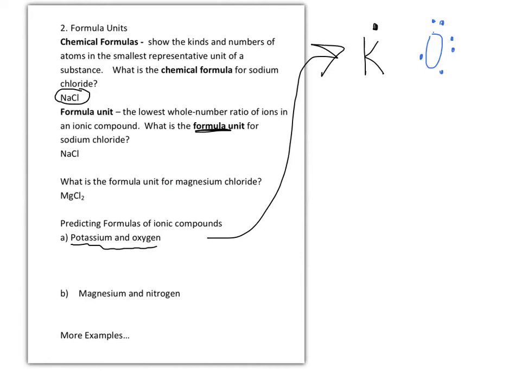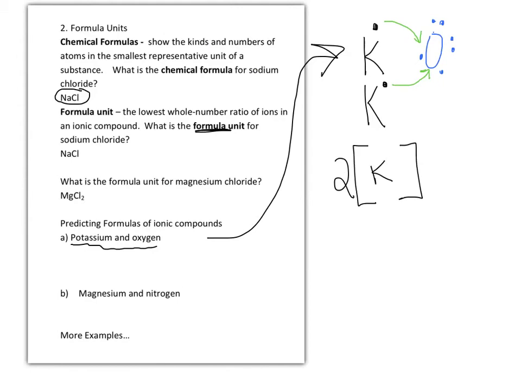So what's going to happen is that 1 electron from potassium is going to move over here to this oxygen. So then oxygen will have 7. But that's still just 7. So what's going to happen, and this is the key to all of this for this whole section here, there will be another potassium. And that other potassium will contribute a second electron. And so what you end up with in the end is 2